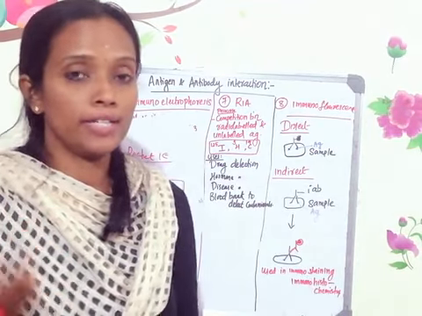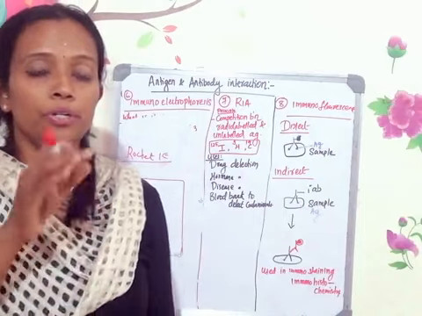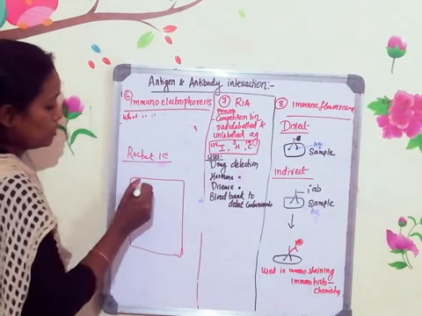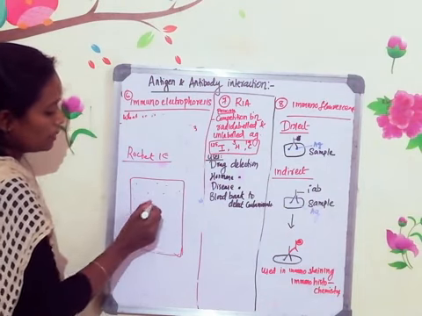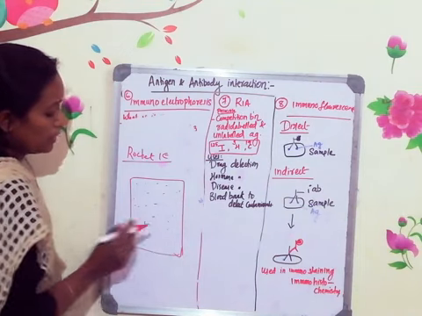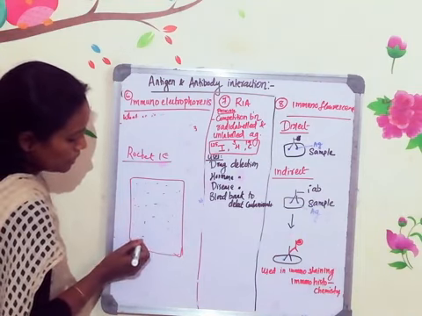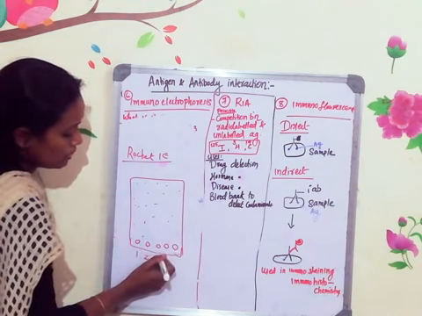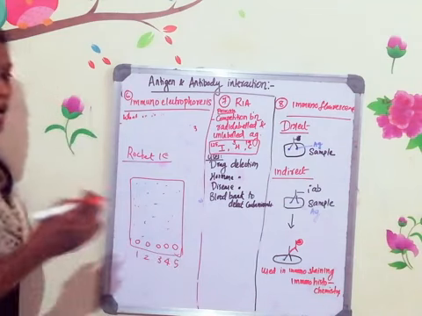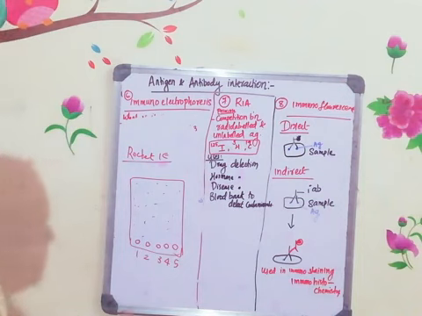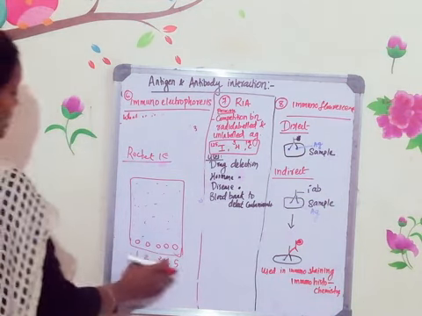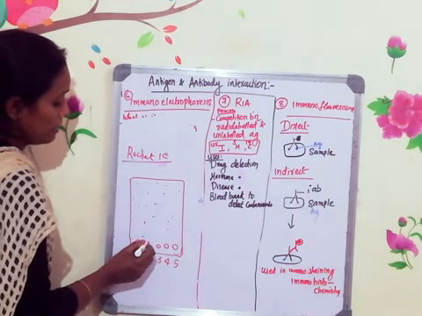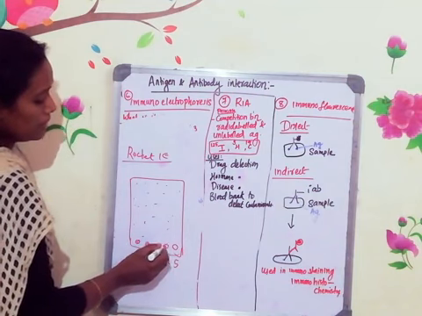Whichever antigen you are looking for, the corresponding antibody you need to add into the agarose and then pour it onto the glass slide for solidification. After the solidification, the entire agarose will have uniformly distributed antibody. Now you have to load the sample. For loading the sample, again you need to make wells, and in this rocket electrophoresis you can load 5 different samples. However many wells you make, that many samples can be loaded. For the diagrammatic representation, I am making 5 wells, and serum samples from 5 different patients can be loaded here.